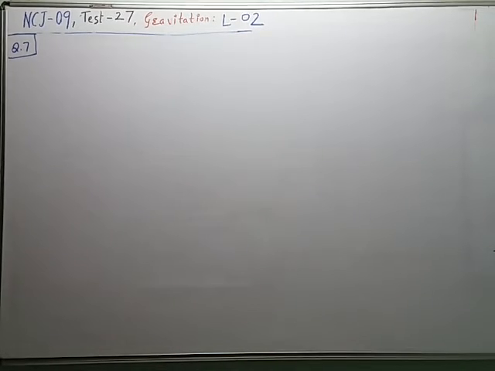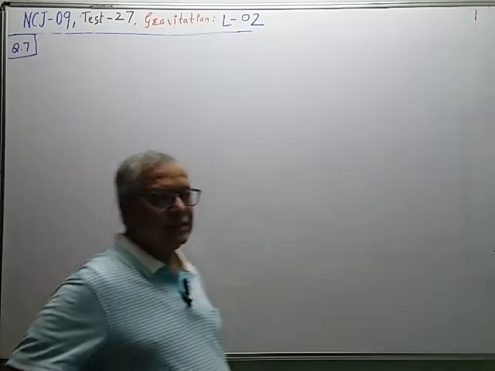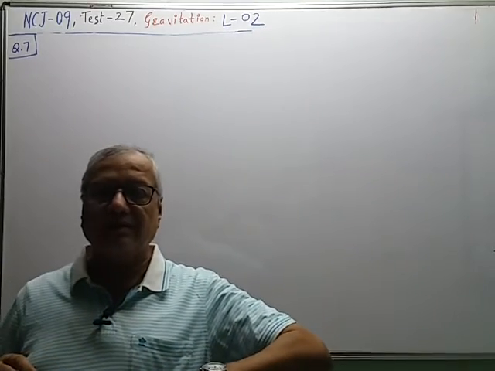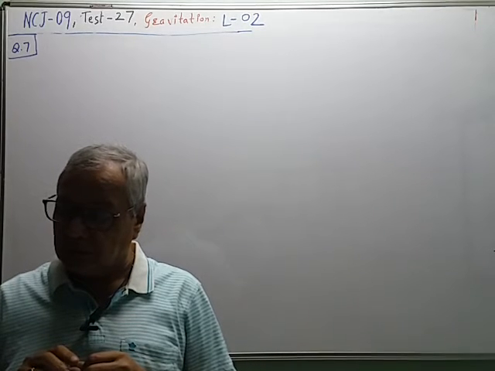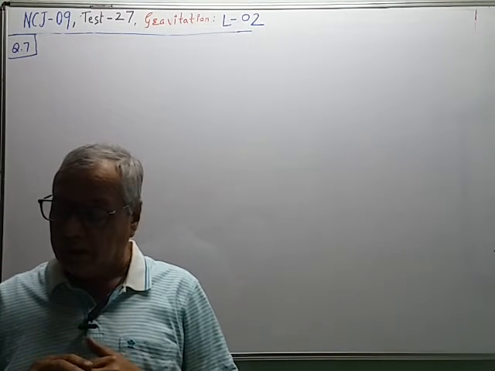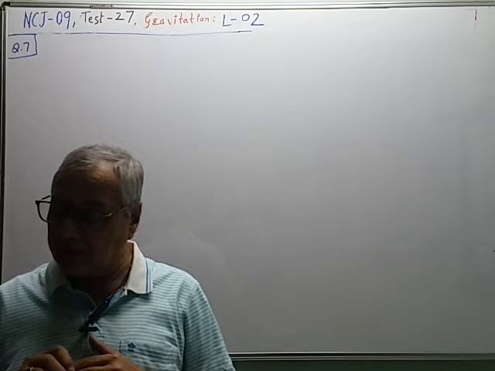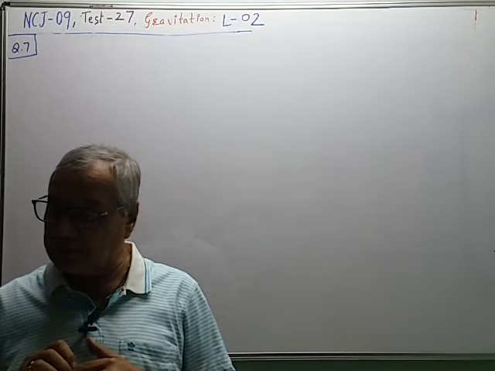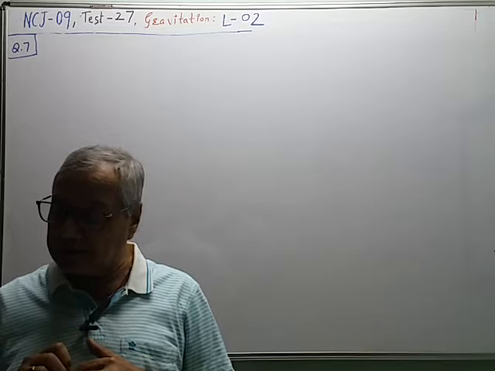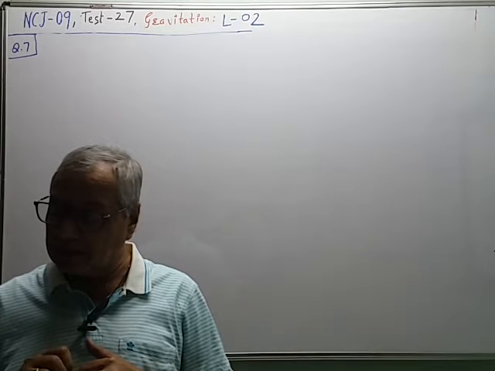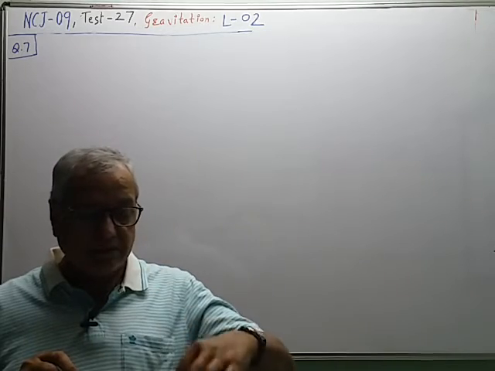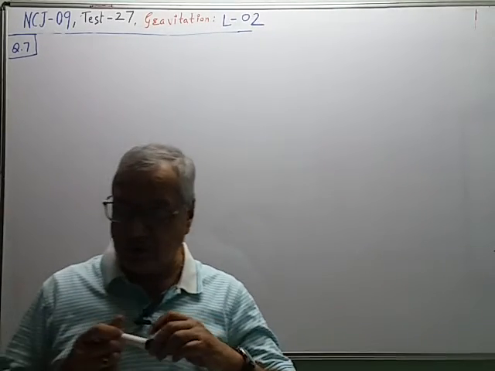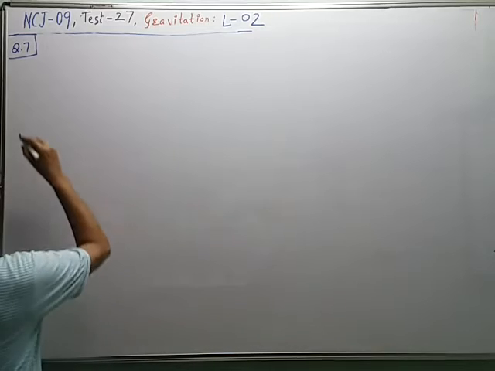So let us see question number 7. These few problems 7, 8, 9 are related with the value of gravitational acceleration at height h, at depth d, etc. So I will read the problem. A body is taken to a height of n times r from the surface of the earth. The ratio of acceleration due to gravity on the surface to that at altitude means we have to find g upon gh. g is a gravitational acceleration.